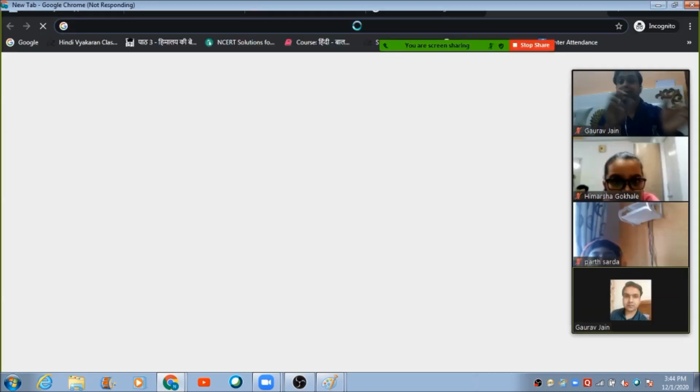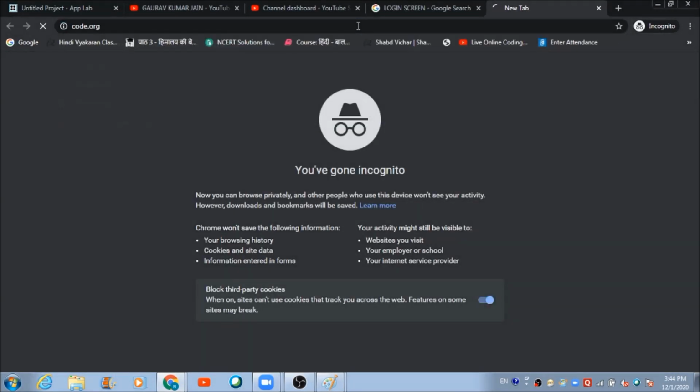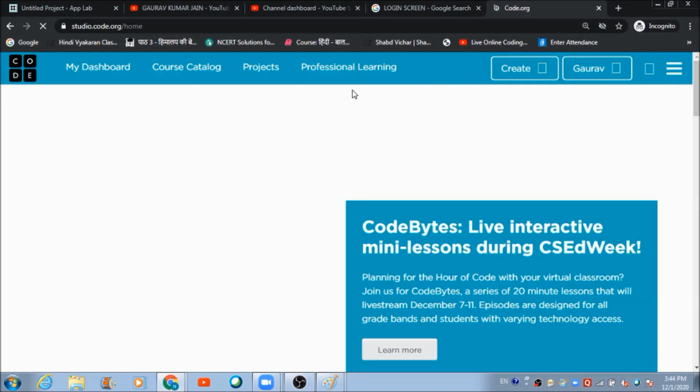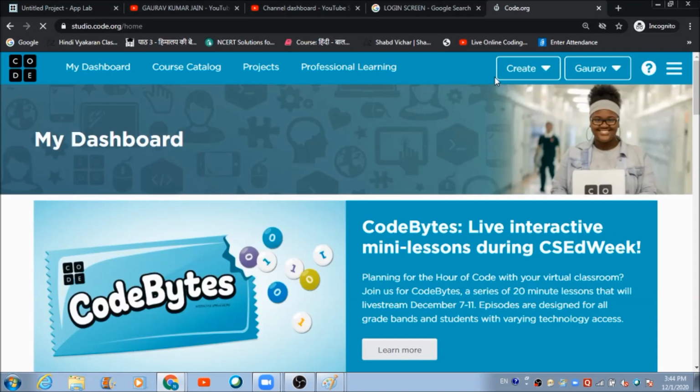Just a second, let me access this code.org platform again on a second tab. And I am going to make use of the color picker tool, which is available in the Game Lab environment on code.org, for checking out the code of that blue color of the screen.